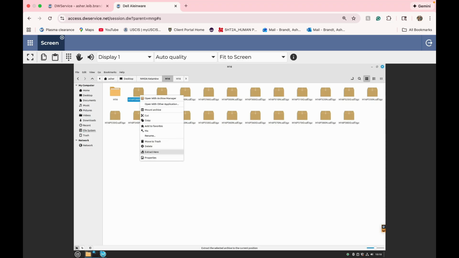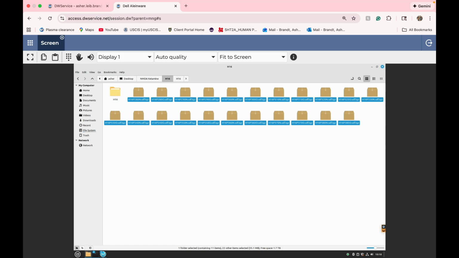Okay, to do this, you can highlight, you can use Control A, and then get rid of H16. You can right click it, you can go to extract here. It'll extract all of the TGZ file folders, and then from there,